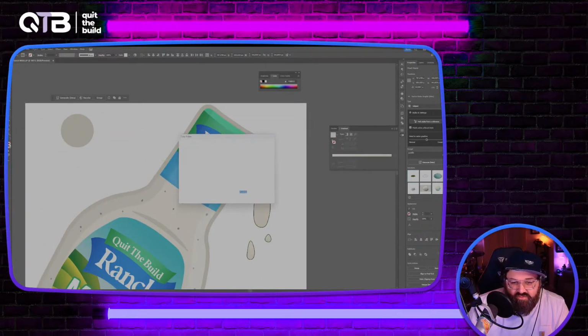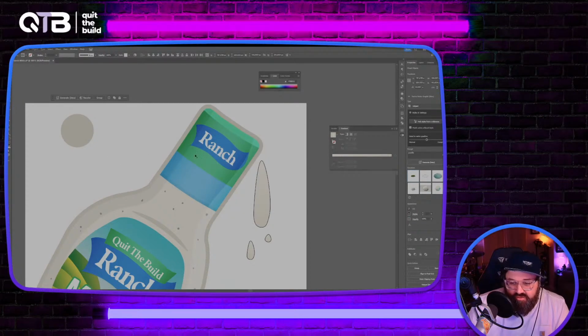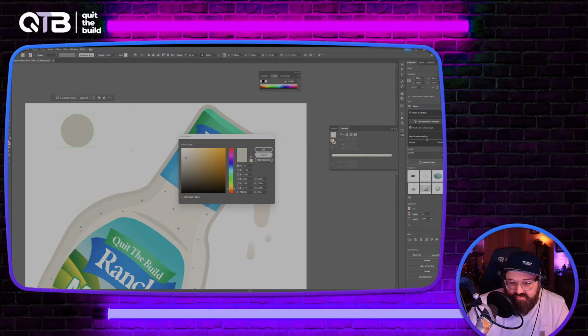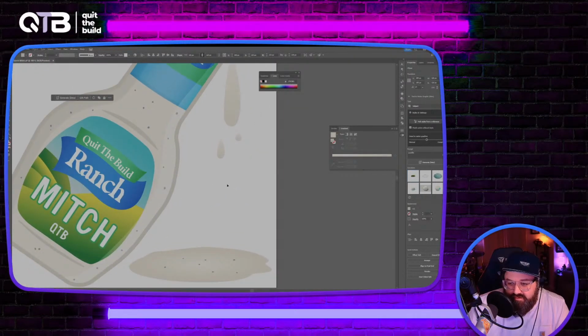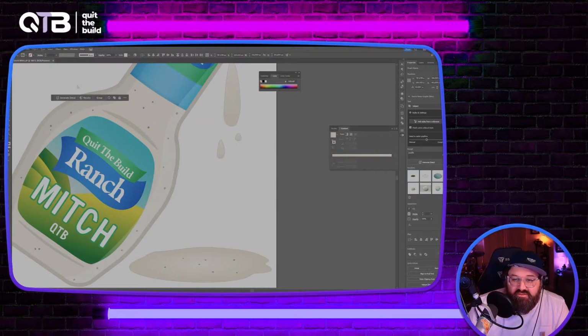I'm like, this doesn't quite look right, but we'll go with it. So with this selected, let me figure out what I'm gonna copy this and then select our objects here. Paste this in